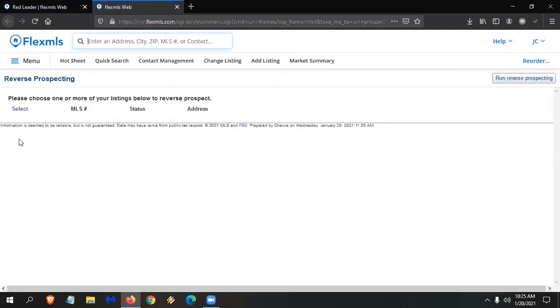So if you have a listing, it has it. All your listings will show here. You check the box, you run reverse prospecting, and the next screen it'll show you all the other realtors that have clients where your listing would match their parameters. Again, you don't have access to their client, but if you run that, it gives you a box to email